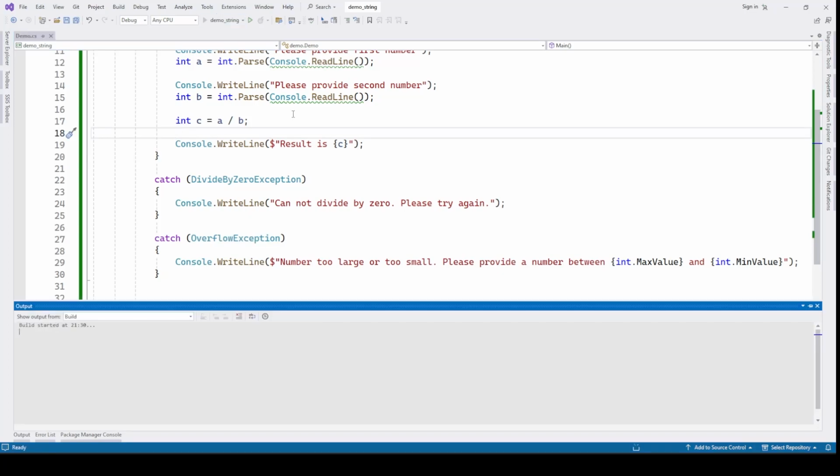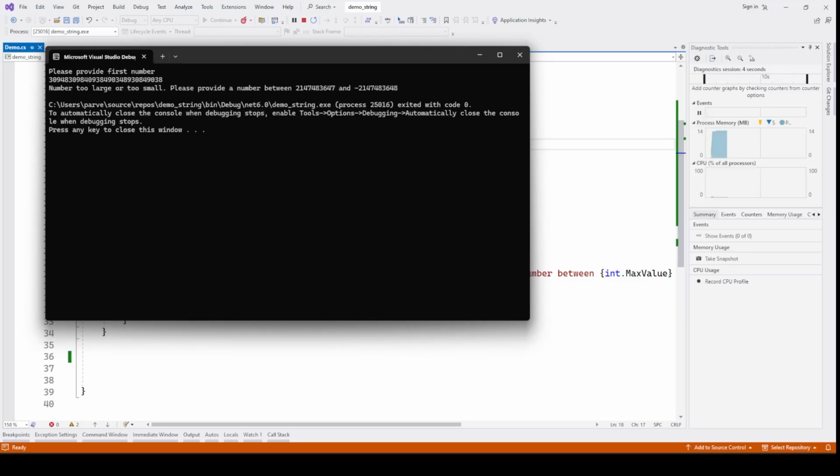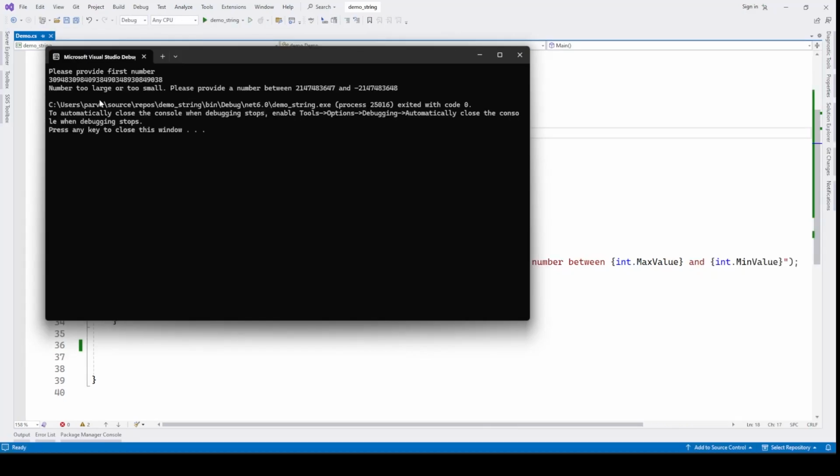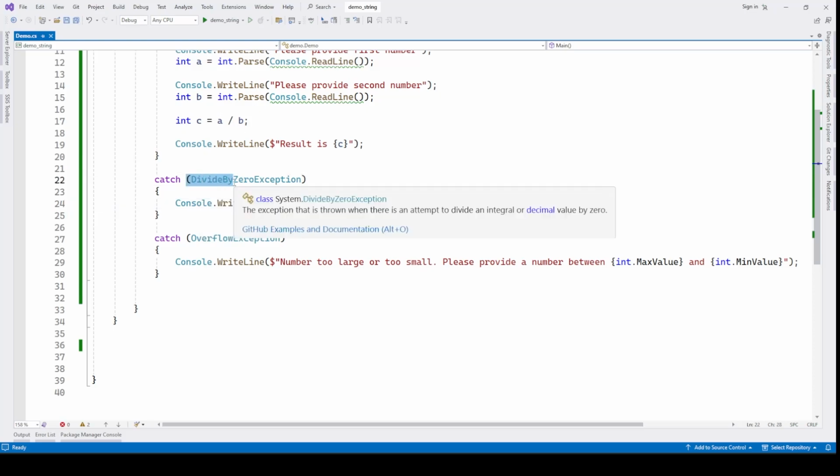Let's run the program. And if I try to give a very big number, this time we are receiving a user-friendly message: number too large or too small, please provide a number between this value and this value. So what the programmer is doing is using try-catch blocks to handle these errors, divide by 0 errors and